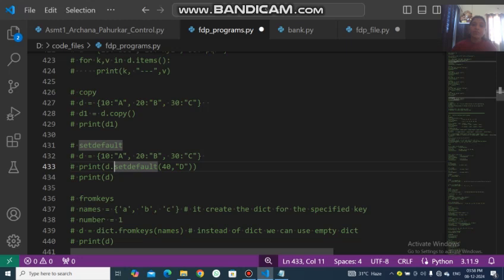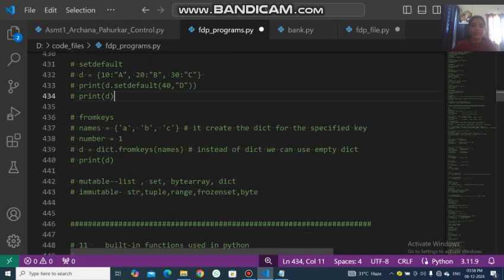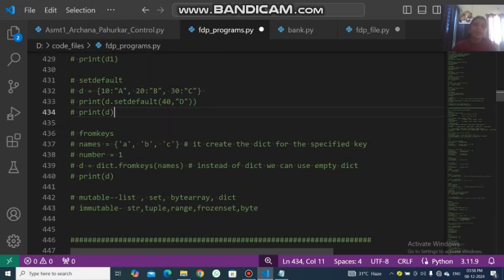The setdefault method, as I already told you, is for adding a new key value pair if the key is not present for the particular value. For adding the new key value pair, we are using the setdefault method. And the fromkeys method is what? To create the